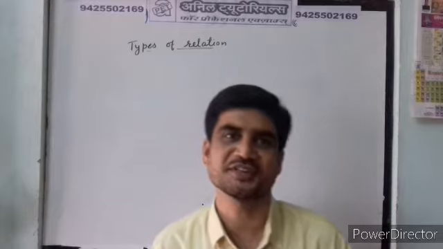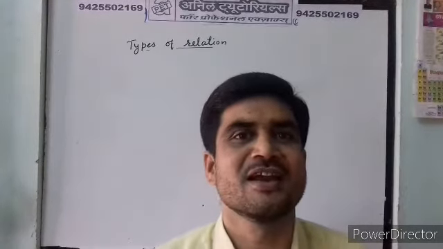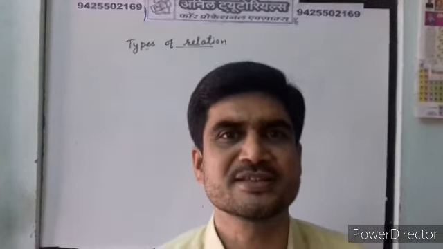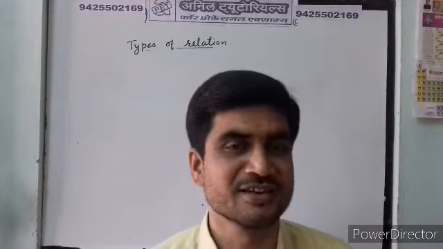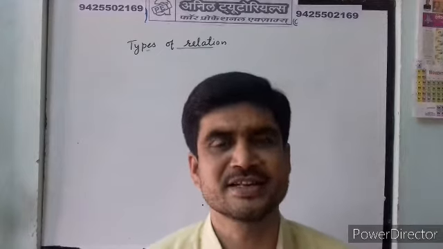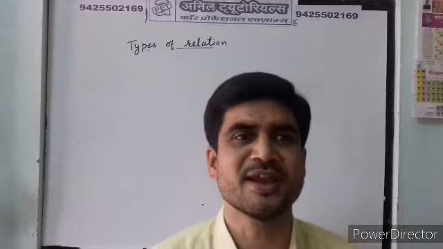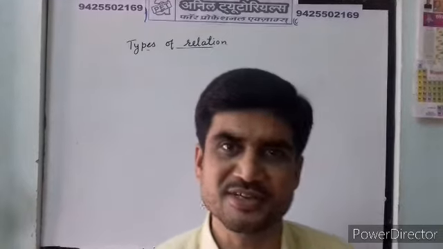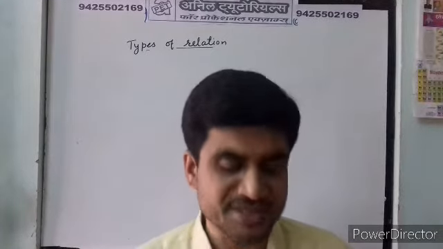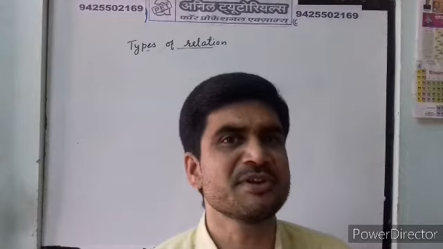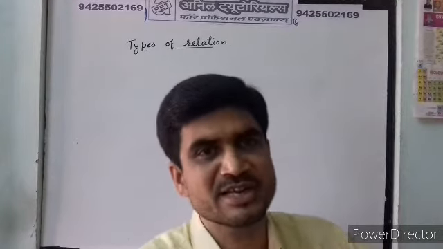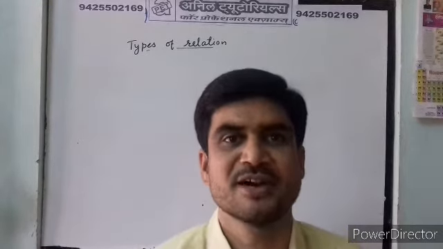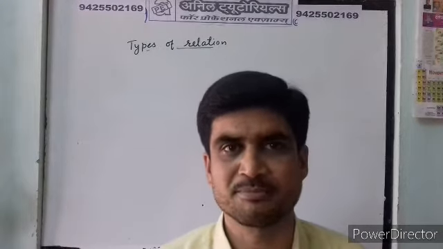Suppose in any class, in any school, all the students will not get first. Practically it is a little difficult. Similarly, if all the elements are related, this type of relation is called a universal relation. So basically these two are the ideal conditions. We will not take these conditions, we will just omit them. This is called a trivial type of relation, meaning not necessary. We do not use those types of relation, so we get some practical types of relation.